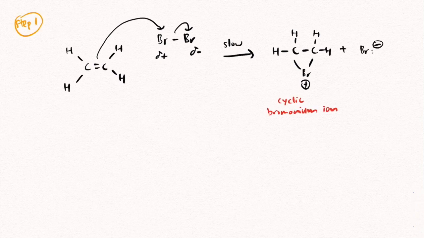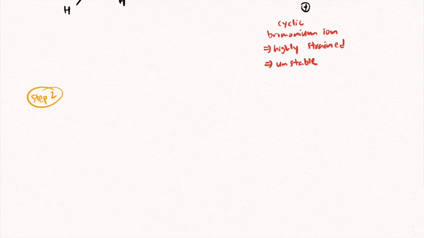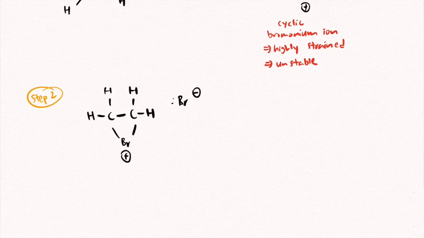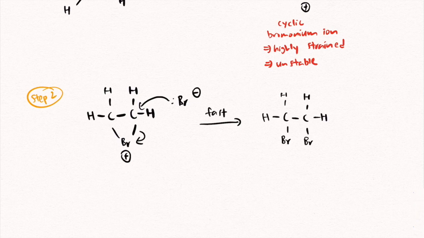This cyclic bromonium ion intermediate is highly strained and hence very unstable. In the second step, which is the fast step, the bromide ion will then attack the unstable cyclic bromonium ion in order to form the product 1,2-dibromoethane. Again, this is the fast step since it involves oppositely charged species, which are the positively charged carbocation and negatively